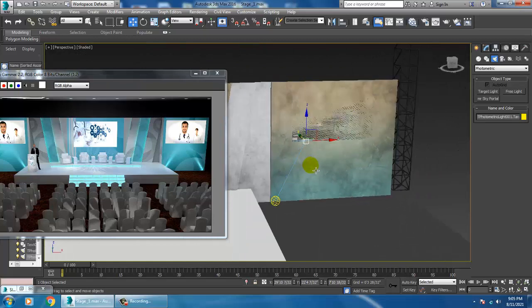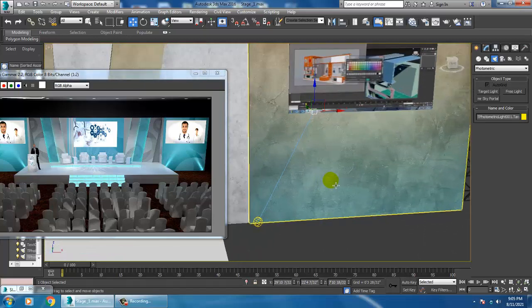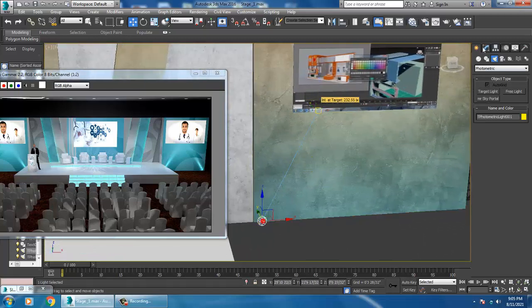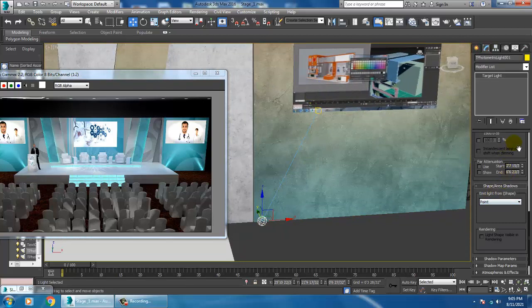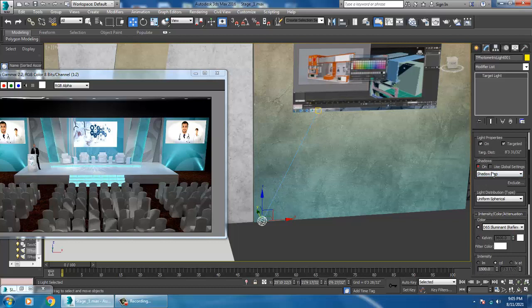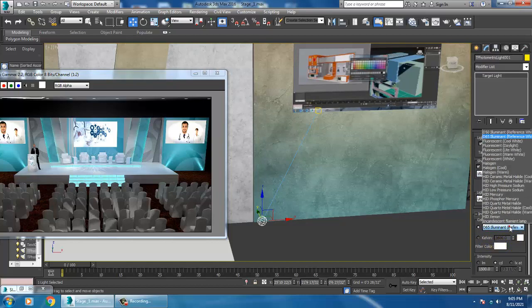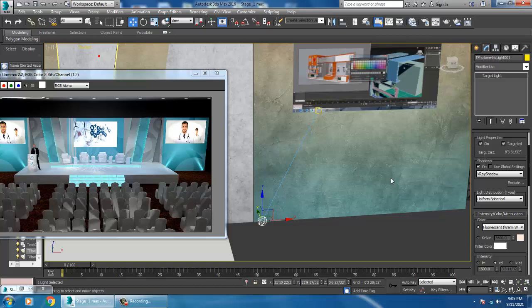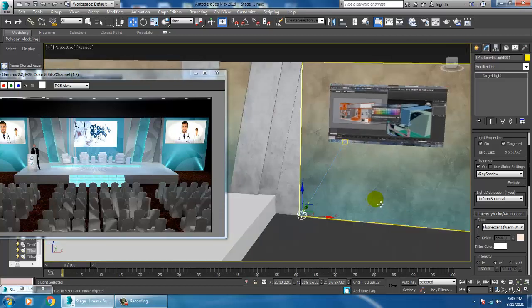You can also use IES. No, we won't use IES over here. I can use this target light over here. I'll give a shadow, V-Ray shadow over here. I'll just make it more realistic.